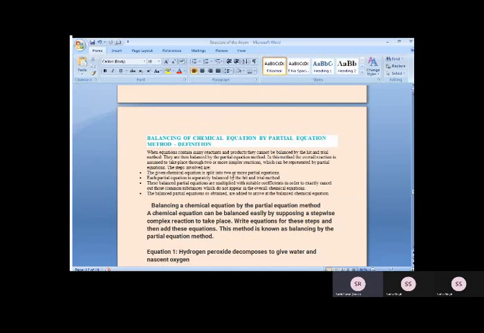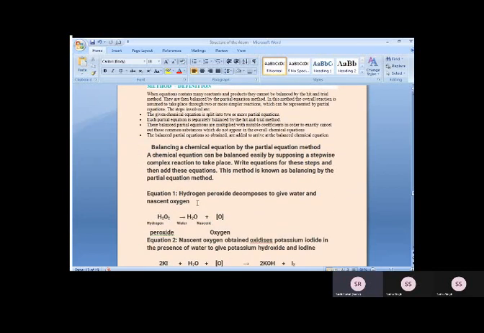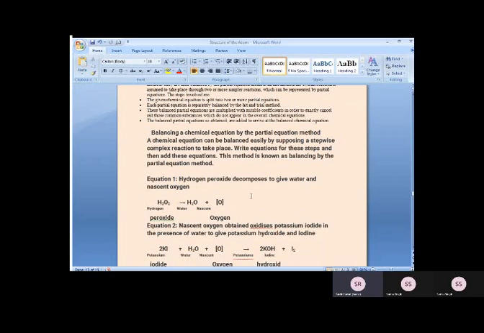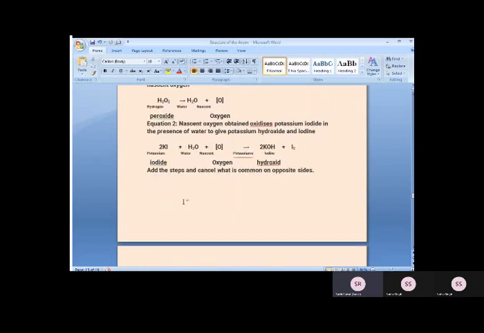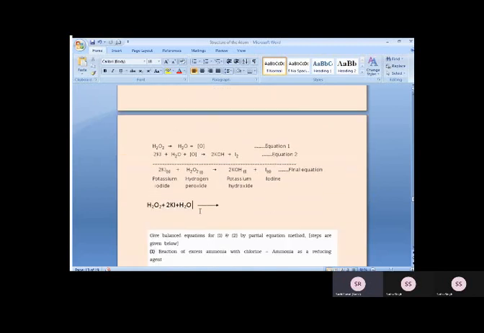Each partial equation is separately balanced by hit and trial method. ठीक है, और उसके बाद भी कोफिशिएंट से मल्टीप्लाई करना है. जब आपको मिल जाएगा तो कोफिशिएंट से भी मल्टीप्लाई करना है सो दैट कि कैंसिल हो जाए. तो इसका मतलब हर स्टेप में आपने बैलेंस करना है. यहाँ पर भी कोफिशिएंट आपने लगाने पड़ेंगे, मतलब बैलेंस करना है. कहने का मतलब ये जैसा आप एलिमिनेशन मेथड होता है ना हमारे मैथ्स में, उसी तरह से आपने एलिमिनेट करने के लिए यू नीड टू मल्टीप्लाई विद द पर्टिकुलर कोफिशिएंट.